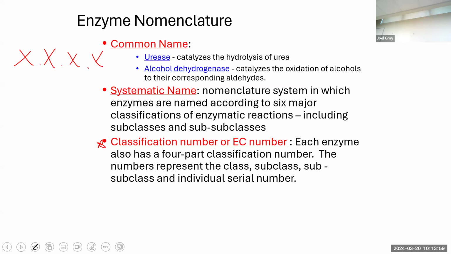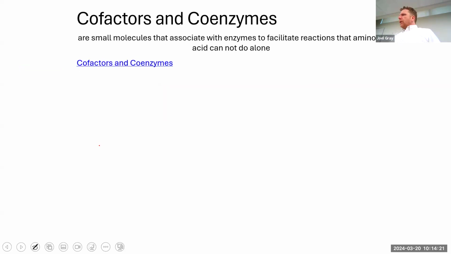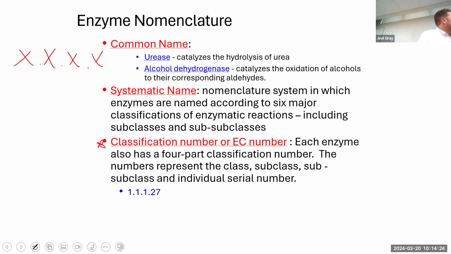And then within each one of those groups, this is the substrate that's acting. This is the cofactor that's acting. Does everyone follow that? Okay. So what I want you to take away from this is this EC numbering scheme, 6 different categories. We will get into those 6 different categories on Friday, but I want you to know that every single enzyme is going to fall into one of those categories. An example would be something like this, 1.1.1.27. And that number is going to mean something about a specific enzyme.